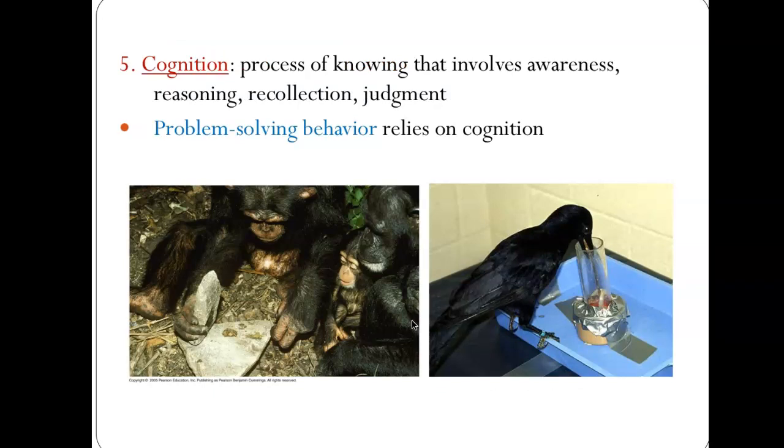Right, and then we have cognition. All animals, to some extent, display cognition, which is a little bit higher level of learning that involves awareness, reasoning, recollection, and judgment. This is seen with chimpanzees and with crows. It's really interesting to see the chimpanzee cognition studies. If you put some kind of device in the bottom of a tube, the chimpanzee will eventually figure out, if you give them water, that they can put water into the tube and the device will rise as you put water in. So just a lot of awareness and